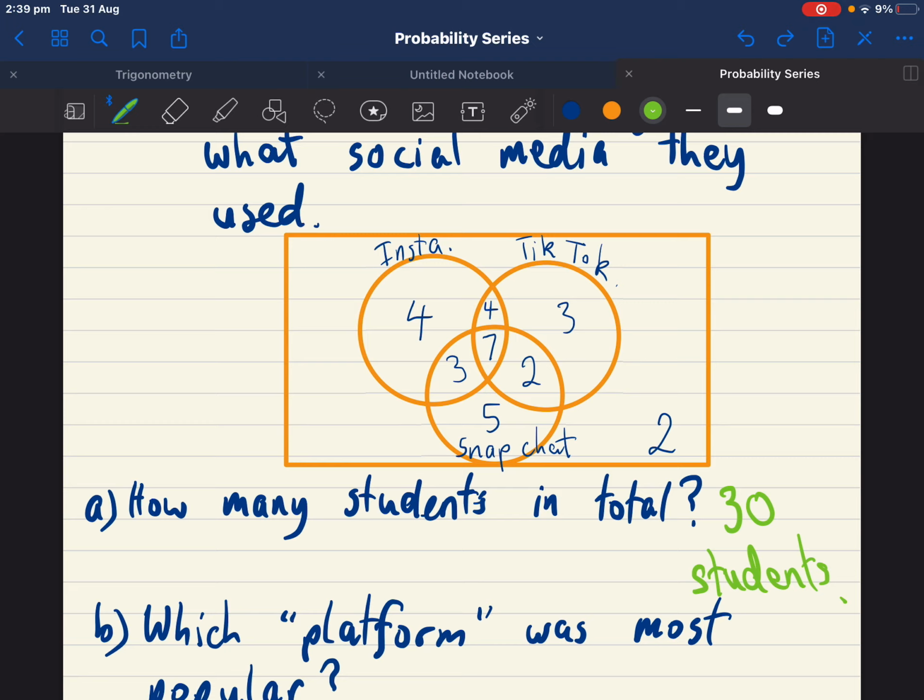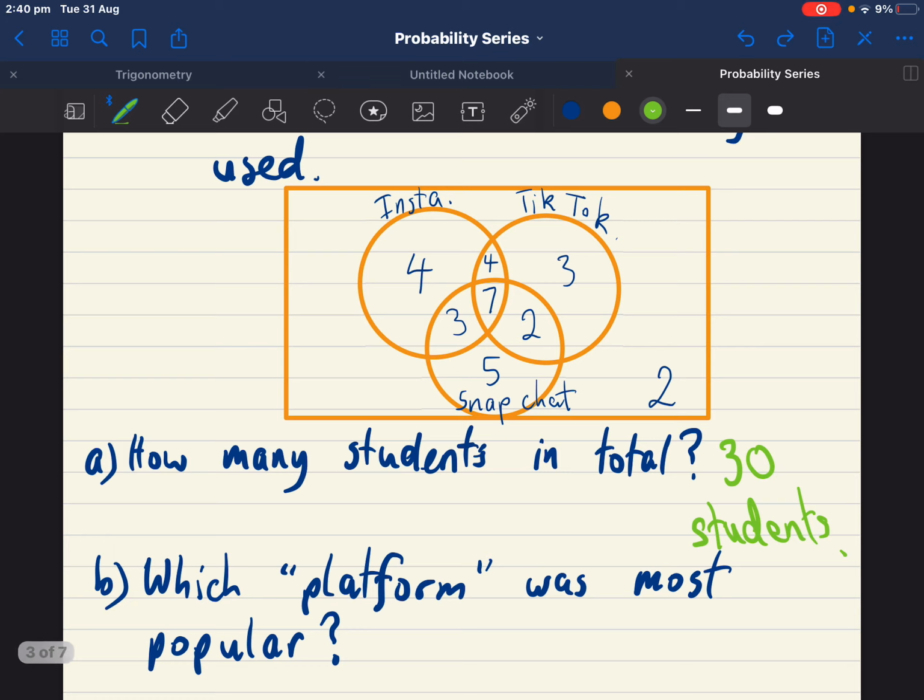So when we're trying to work out which platform is most popular, right, you can't just see which of these numbers is the largest. Because if you look at that, you say, well, Snapchat, there's 5 there in the Snapchat circle, which is larger than the Insta or TikTok. But we know there was more than 4 people using Instagram. There was more than 3 people using TikTok. There was even more than 5 people using Snapchat. We need to work out how many students in total were using each, and only then can we determine the mode or the most popular